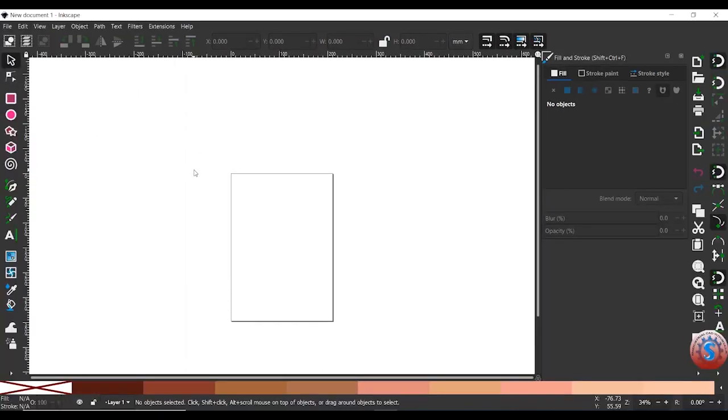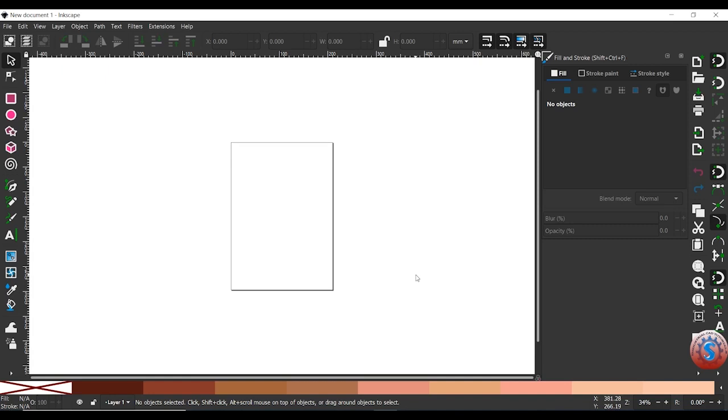Friends, in this video I'm going to explain how to draw a vector hair in Inkscape. This is the Inkscape series. I am starting with hair to shading, how to make the vector portrait. I will explain this tutorial series.